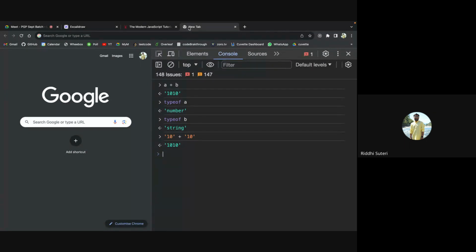But all numbers convert to strings easily, and there is always a valid operation of addition on strings. मतलब string पे add तो कभी भी हो सकता है ना. You can add a surname after Riddhi, you can add my roll number with my room name, you can add my session, my batch with my score, anything that you can do, right? So that is something which JavaScript decides internally.